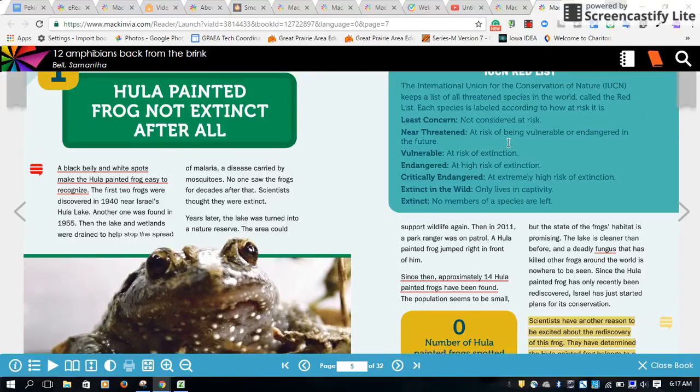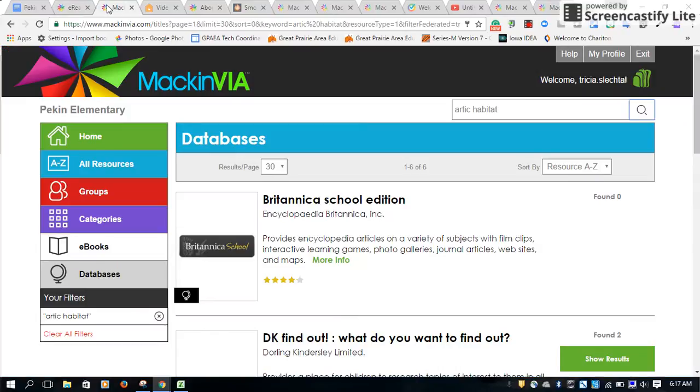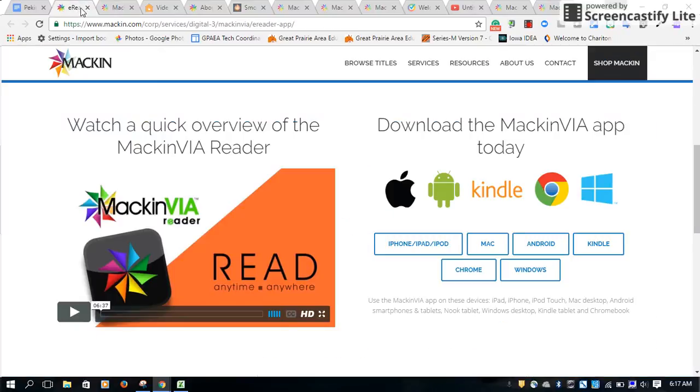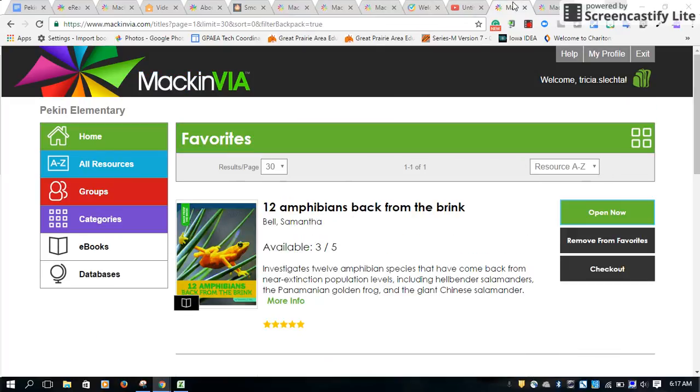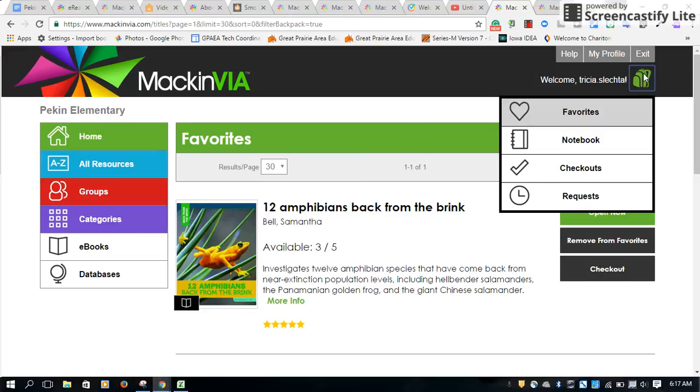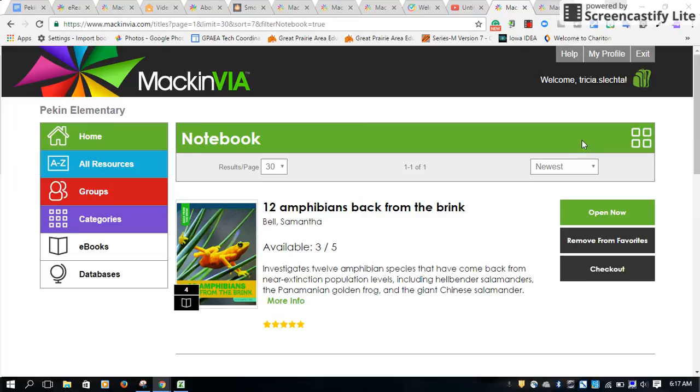Now let me show you how you can export it and how cool this feature is. So I'm going to go out of my book and I'm going to go back to Mackin. Okay, so I'm back in Mackin. Now, in order to find my notes and my highlights, I'm going to go back up to my backpack. I'm going to click on Notebook and see right here, I can see that with this book, there are 4 notes. So I click on the image of the book,